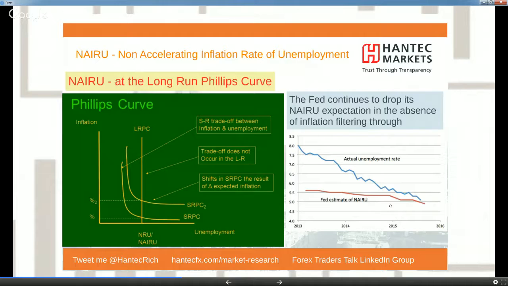However, are we now at the point at which it's starting to pick up? Because unemployment has dropped below 5, and we're starting to see signs of inflation now. Not massive signs, but signs of inflation are starting to come through. You're seeing wages pick up, and you're also seeing the core PCE, which is the personal consumption expenditure, the Fed's preferred measure of inflation, starting to pick up as well. So are we now beginning to see the level of NAIRU being crossed by the unemployment rate? It is something that Fed officials are considering.